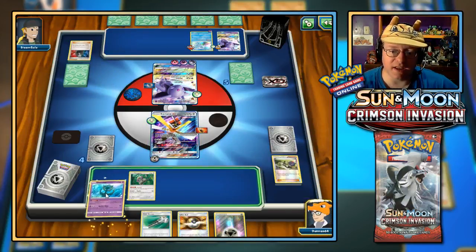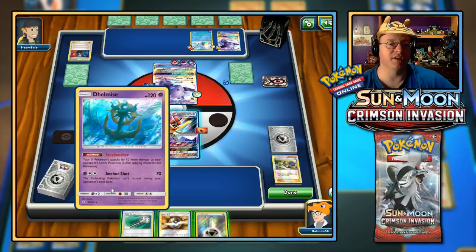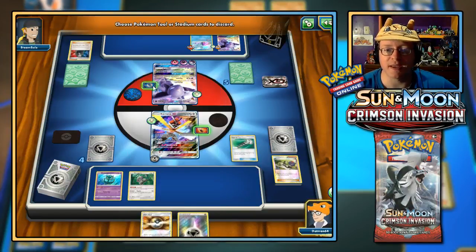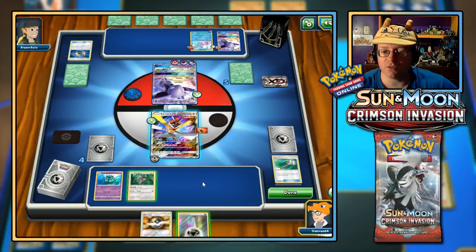But we can at least play our Dedenne, which is here to do the Steelworker ability, providing my Steel Pokemon doing 10 more damage with their attacks. Let's Field Blower away this Choice Band, because it's just in the way. And what we could do...